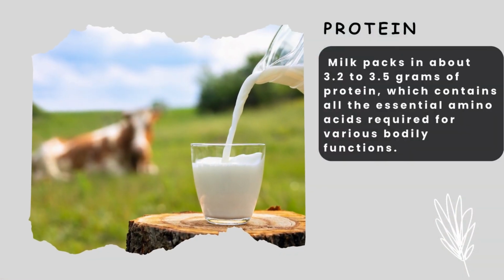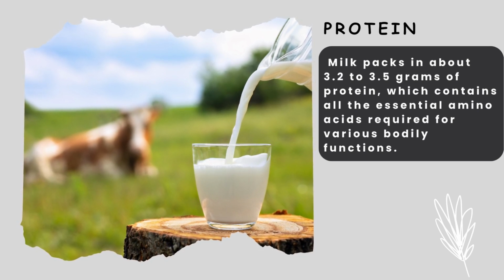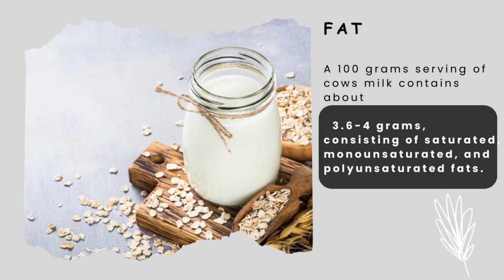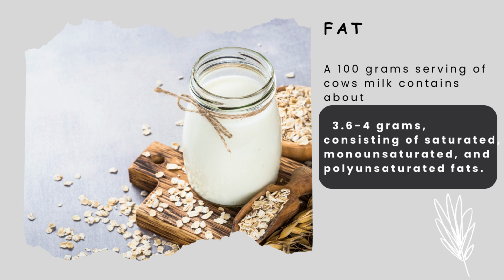First up, proteins. Milk packs in about 3.2 to 3.5 grams of proteins, which contains all the essential amino acids required for various bodily functions. Fats. A 100 gram serving of cow's milk contains about 3.6 to 4 grams of fats, consisting of saturated, monounsaturated,